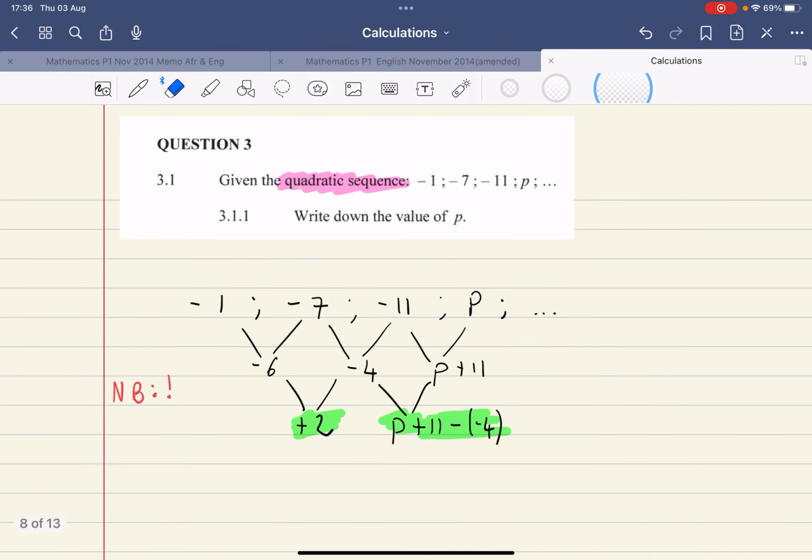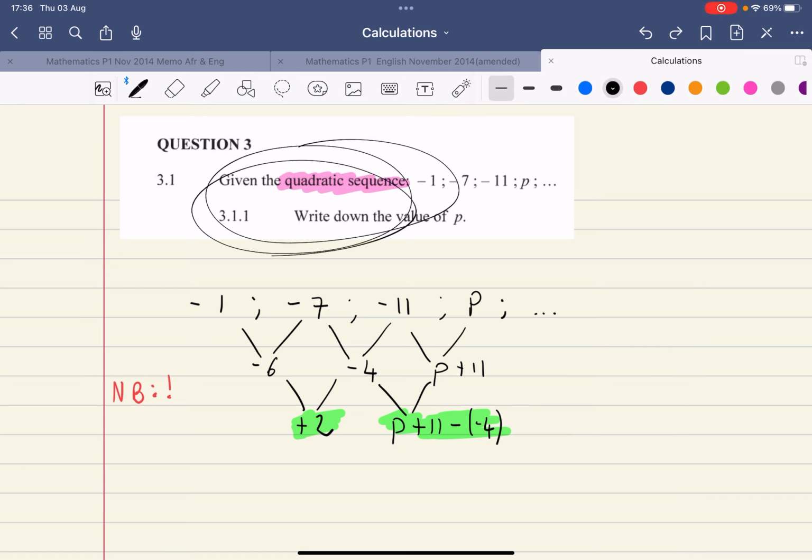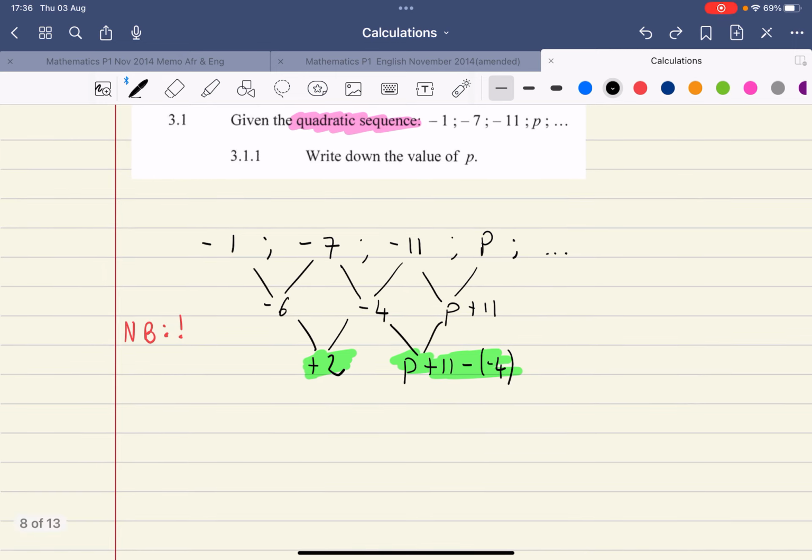Question 3. Given the quadratic sequence -1, -7, -11, p, and so on, write down the value of p. So what's very important here is we recognize that this is a quadratic sequence. So we know already from our theory that we learn that this means the